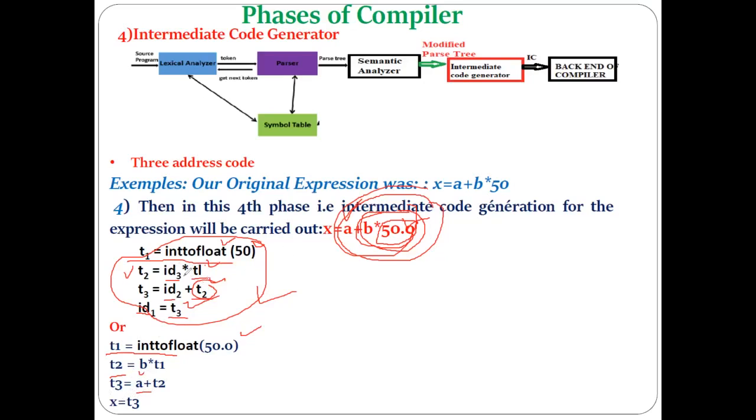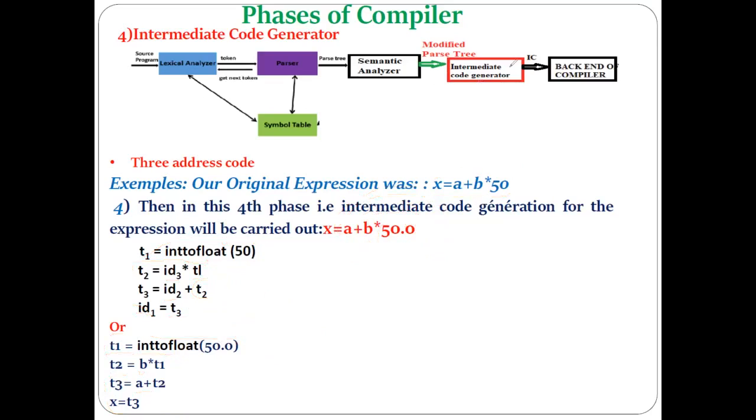So you may give the names to the variables as ID1, ID2, ID3 likewise, or you can directly utilize the variable itself. Okay, so this is nothing but the three address code generation for this particular expression. For this expression we have got this three address code, this or this, any one of these you can utilize, both of these are correct. Now while generating the three address code, we must focus on the original statement given, and accordingly the three address code should be generated. Okay, so for this expression, you have generated this particular three address code.